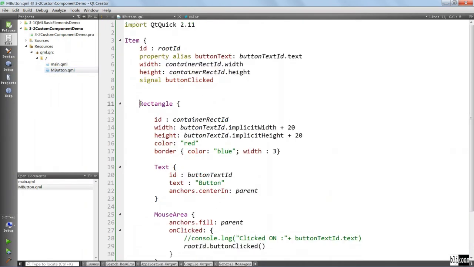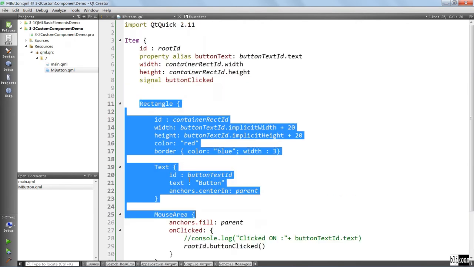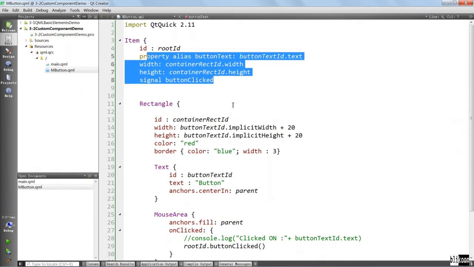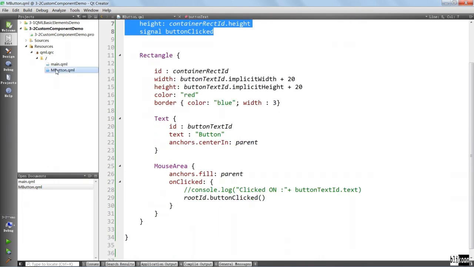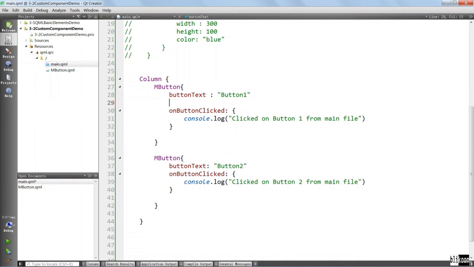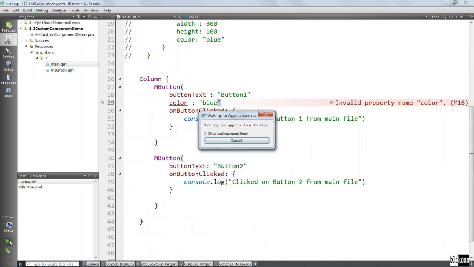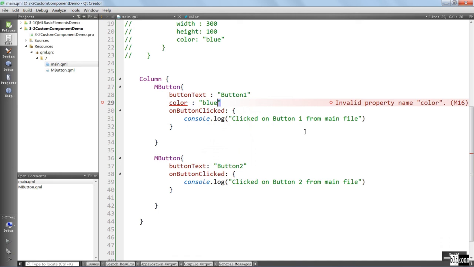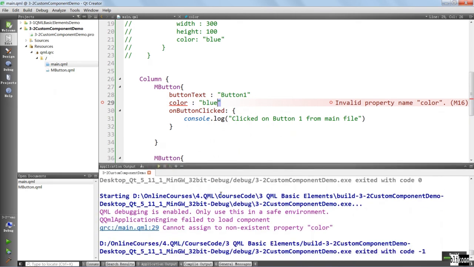Another thing you should do is to wrap your components into an Item to control what properties are visible to the outside world. For example, we wouldn't want people to be able to change the color. Let's see what would happen when we try to set the color property to this mbutton of ours. Let's do that. You should try things out. You see that color is not recognized. If you try to run, it's going to warn you of this problem. It's probably going to say color is not defined, cannot assign to a non-existent property color. Okay, so this is not